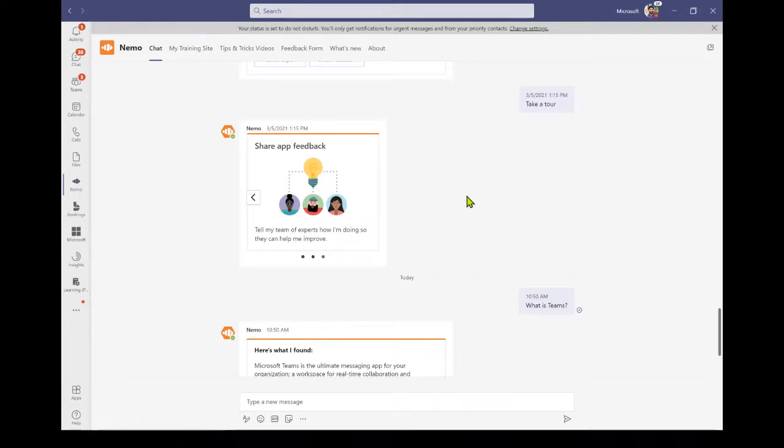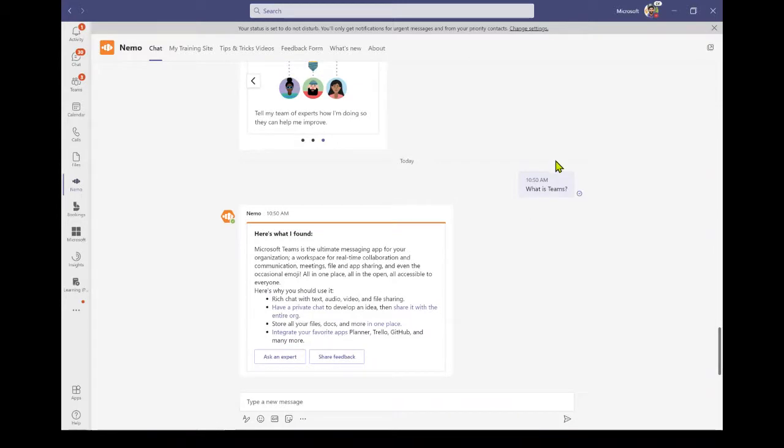So I went ahead and kind of give it a question of my own. What is Teams? Again, just to simplify things, we're showcasing an example of a deployment or an adoption campaign that you're running. So I'm just going to ask it, hey, tell me what Teams is in the first place, right? The bot surfaces for me one of the canned responses that I've already fed to the knowledge base of the